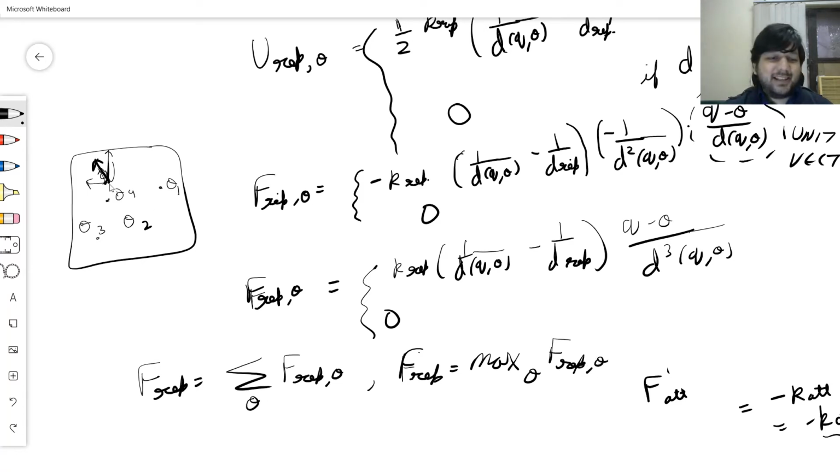So you say that in this situation, this is the nearest obstacle, so its force will be maximum. So F repulsion is equal to F repulsion due to O. Which one do you choose? Now, technically speaking, formally speaking, if you have a situation like this, and if you take the max, the problem with max, as you know, is that the derivative